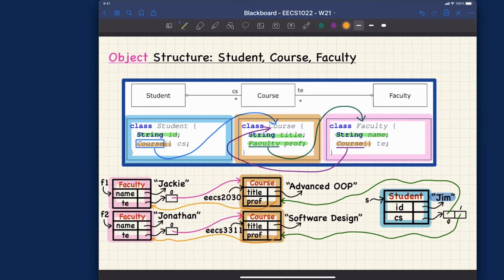You can see here, for this particular course over here, for EECS2030, that one has the instructor prof. Okay, you can see that one is really pointing to Jackie. So that means Jackie is currently teaching 2030. And similarly, you can see for 3311, its prof attribute stores the address of this object for Jonathan, right? So that's about the course. And also you can see the string over here, Advanced OOP and Software Design, just for the title for the